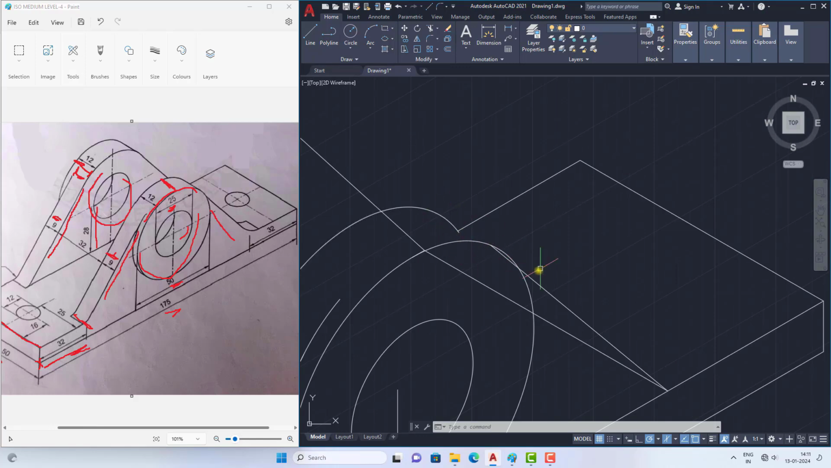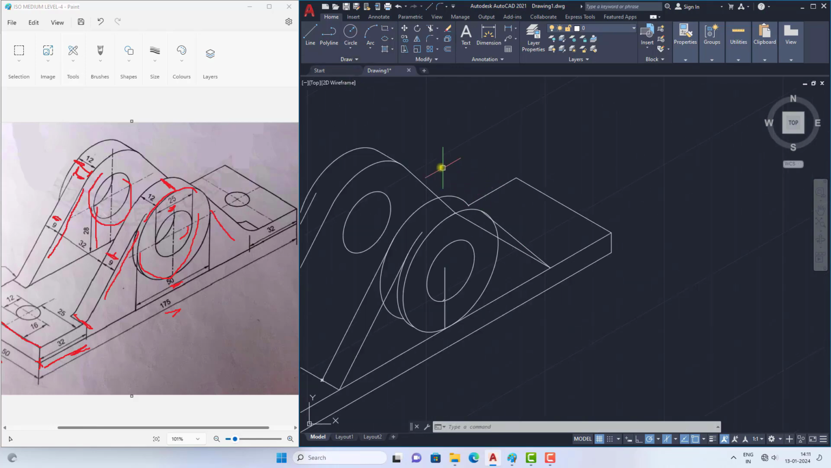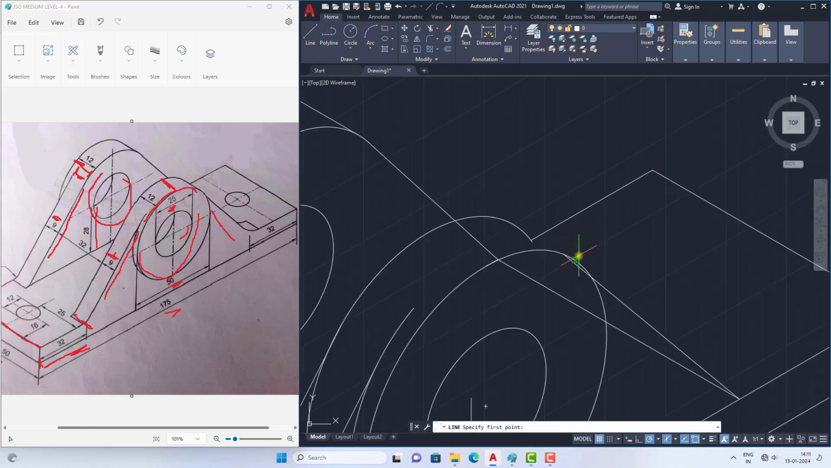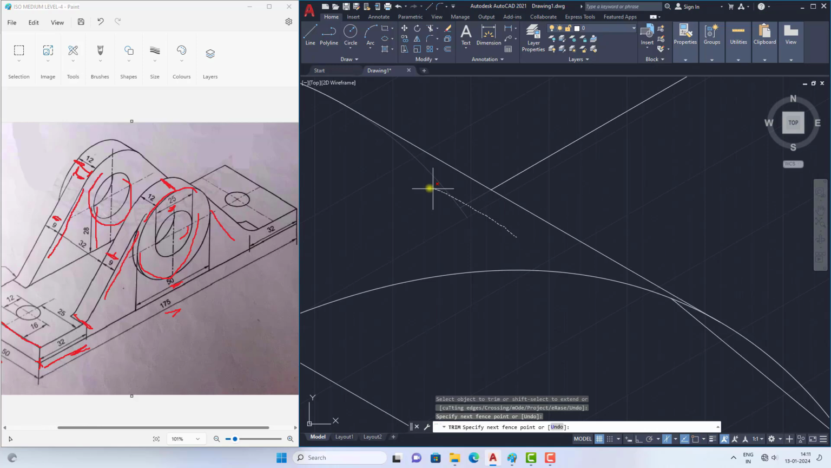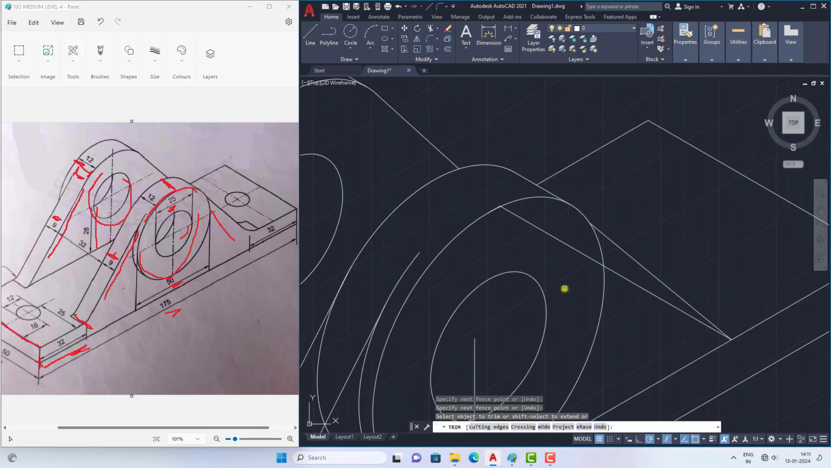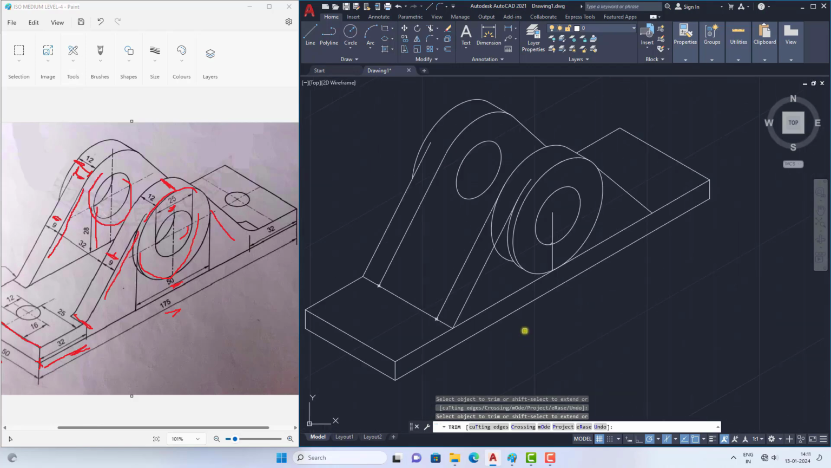So once check, so this is the thing I am getting, and now I need to remove some of the things here also. First I need to draw a line from here to here, and trimming off the things which I don't need. See, I don't need these lines, and once check, so I don't need this, I don't need this,